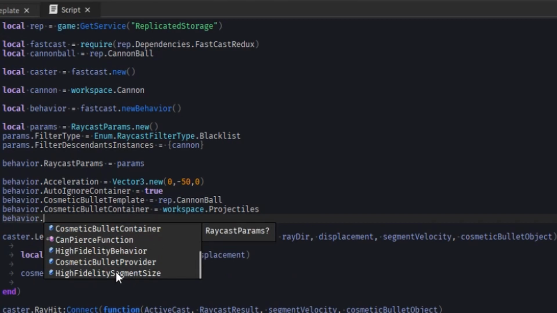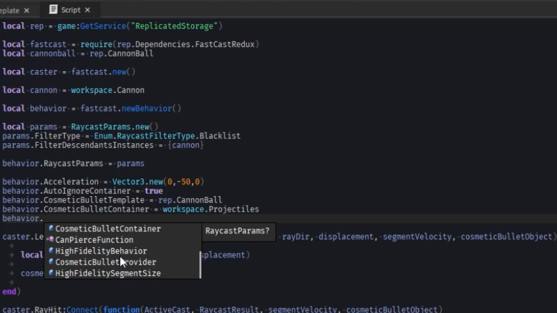I believe, yeah, you can also do the CanPierce function and things like that. The thing behind this is you can set a custom function for your pierce, which will return true or false, whether or not you want it to pierce. And the reason for that is you can pretty much do things like calculate how big the object is, like the size of the wall that you're piercing or the material that it has and things like that, and use that to determine whether or not you want to allow the bullet to pierce it. So it's actually really useful for that. That's really cool.